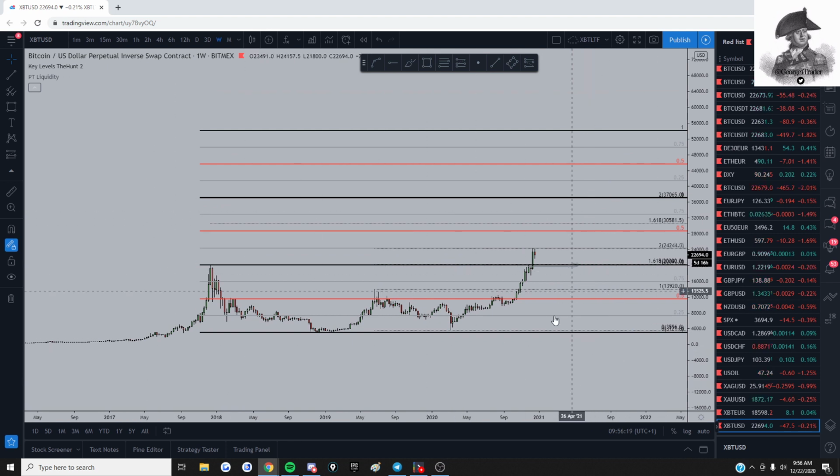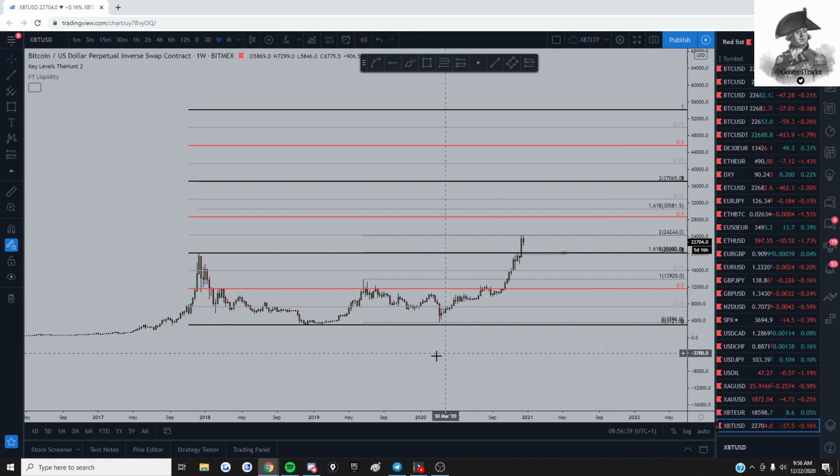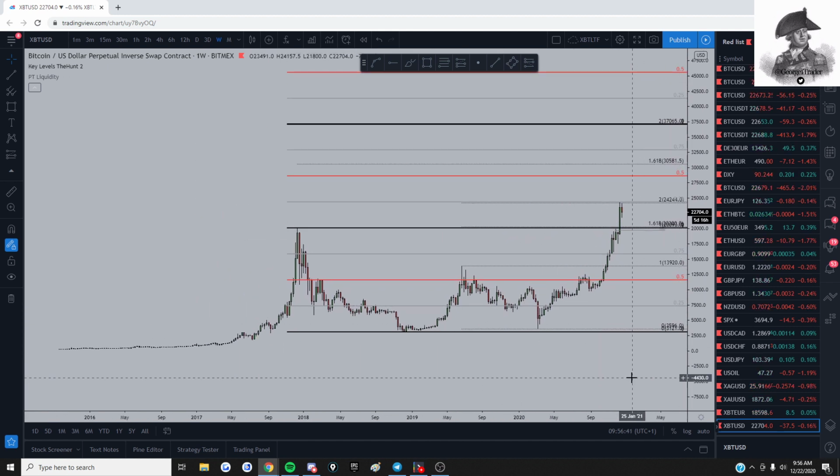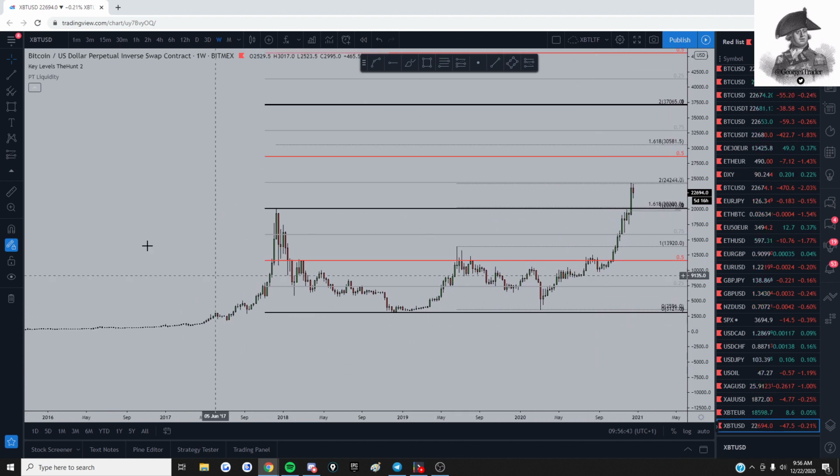The first one I use right here is by using a range. So the range from the all-time high to the all-time low of the bear market in 2018. Then simply marking out the mid-range and the 0.25 and 0.75 levels. As you can see, these levels have acted as pivots. So right here,